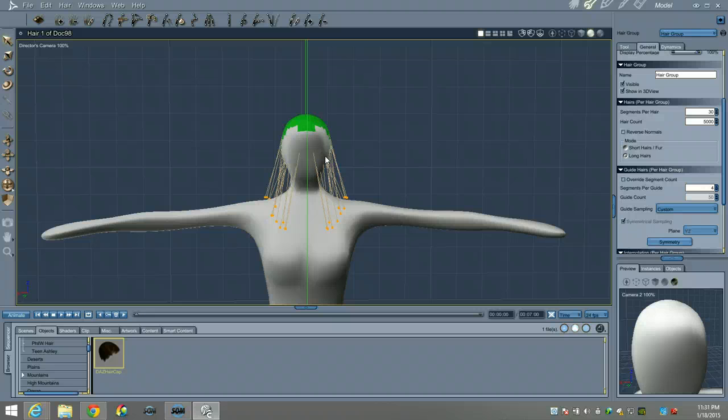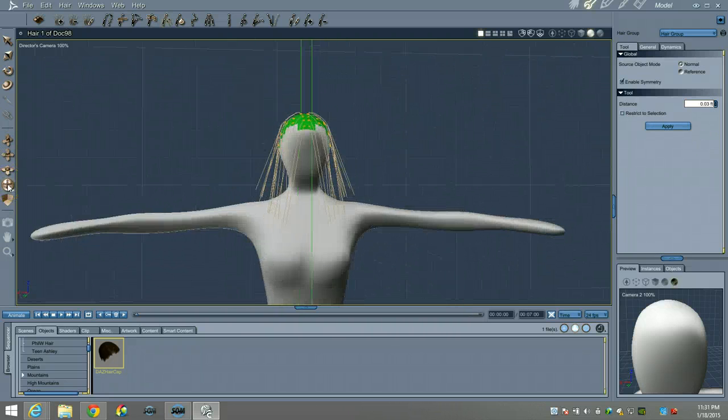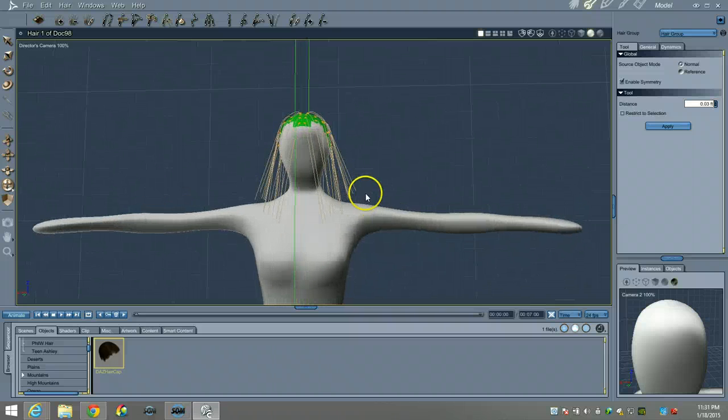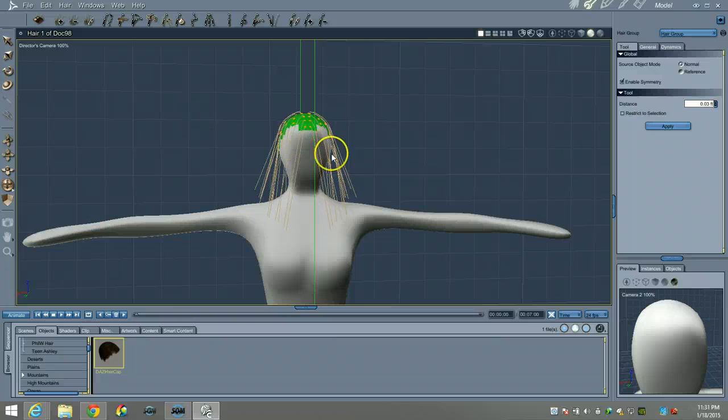I'm sure that those who are paying attention are going to be ahead of me and saying our best friend, the push tool, can correct this in just a moment. So let's push it outside of the head to 0.03 feet. Kaboom. And now it's not draped correctly any longer. It's forced its way through areas that it shouldn't. So I'm going to